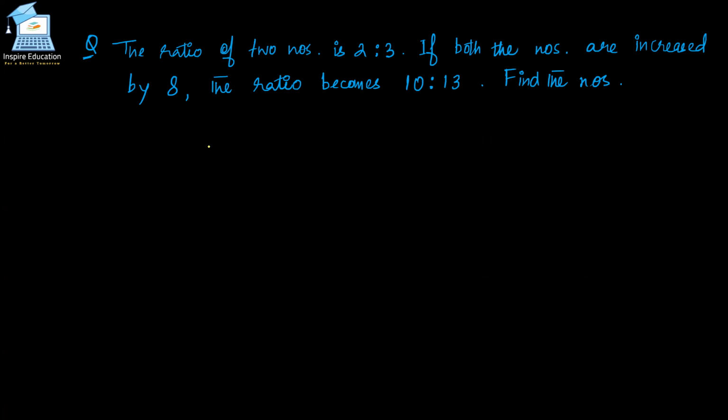Okay. So let me explain this particular method first. Then I'll tell you one more method. Two numbers are in the ratio 2:3. Let the numbers be twice x and thrice x. You need not write this kind of dramatic lines in the examinations. I'm just writing them for the sake of your notes.